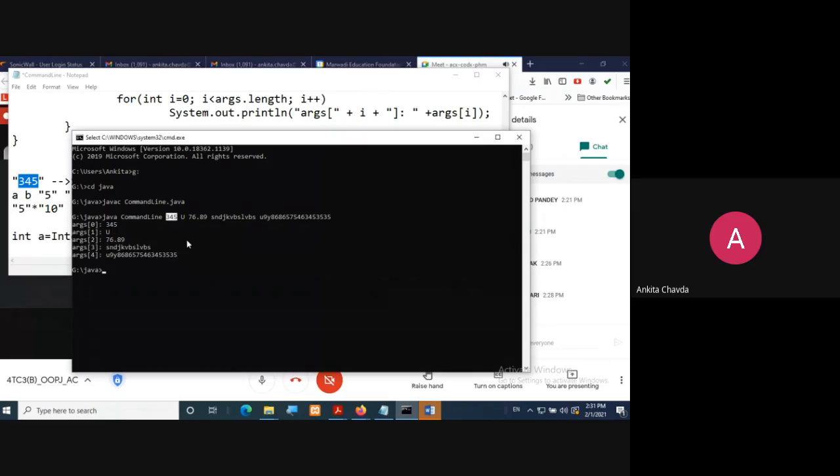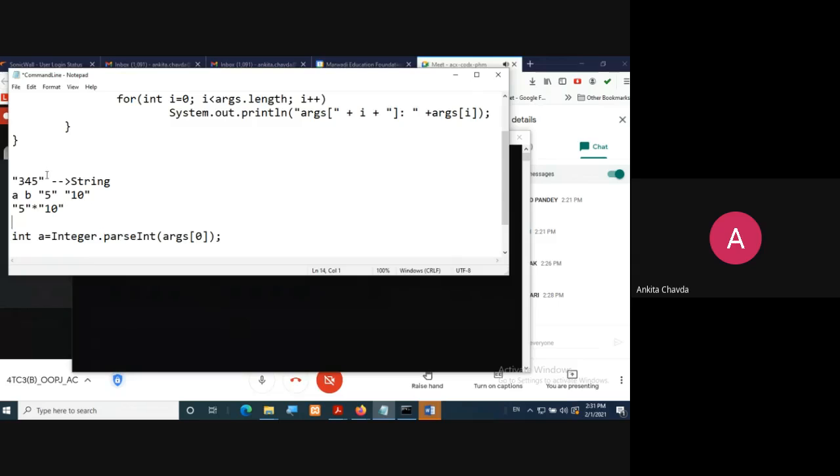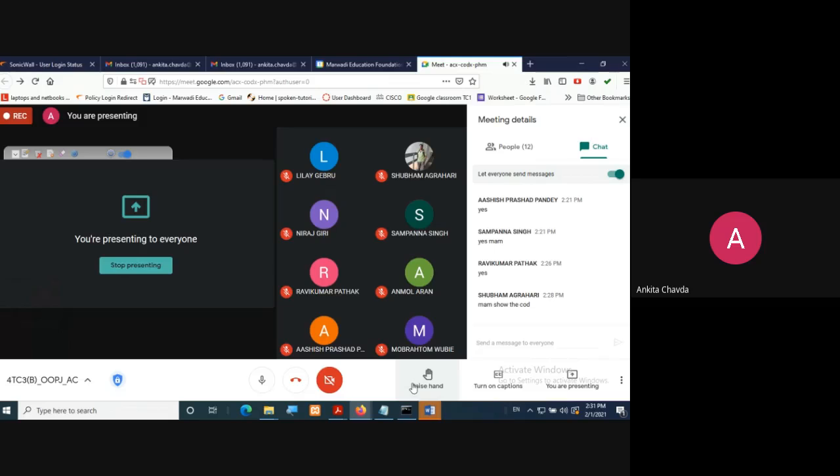This will be converted from 345 as a string to a normal 345 as an integer. I think this is clear. Yes or no?